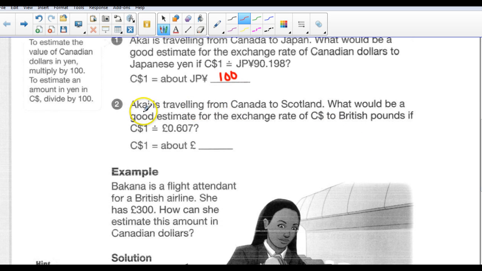Number two, Akai is traveling from Canada to Scotland. What would be a good estimate for the exchange rate of Canadian dollars to British pounds if the exchange rate is 0.607? Well, let's keep it simple. We can say 1 Canadian dollar is worth about 0.5 or half a pound. Okay? Half a pound. So it's not exact, but it's pretty close, and it allows us to do some quick